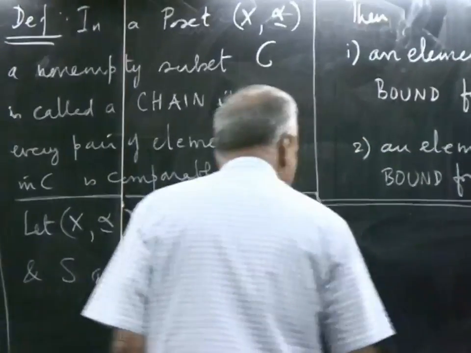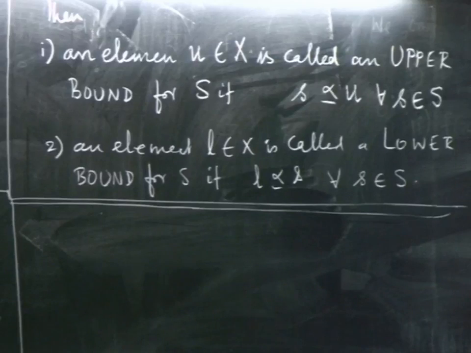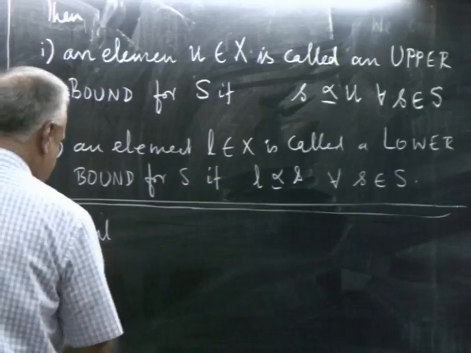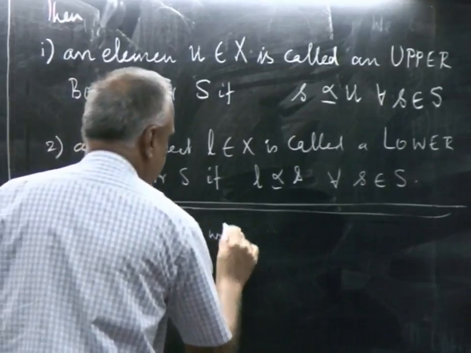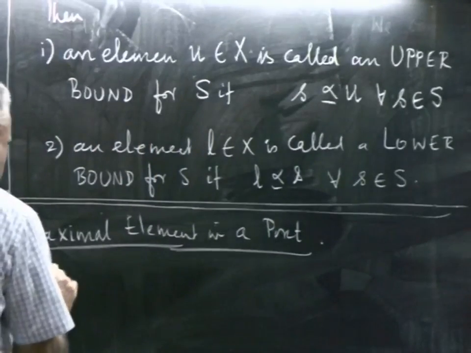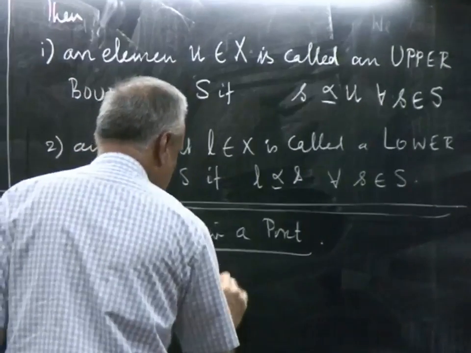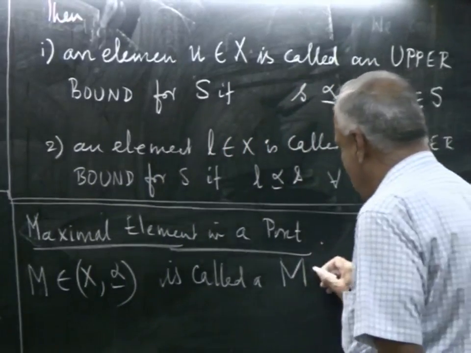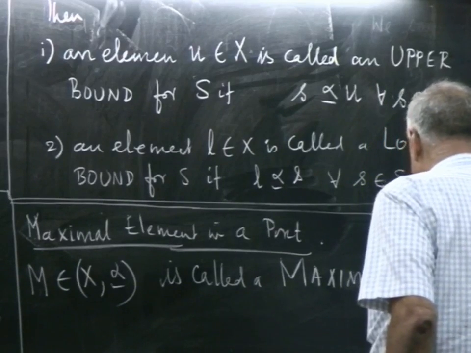Okay. The next notion I am going to introduce is a maximal element in a poset. So this is the last notion I introduce before I can state Zorn's lemma, maximal element in a poset. So an element M belonging to the poset is called a maximal element. There may be many maximal elements. A maximal element if